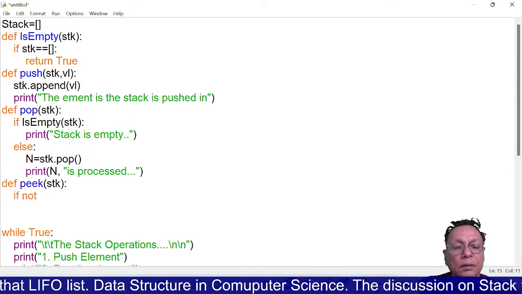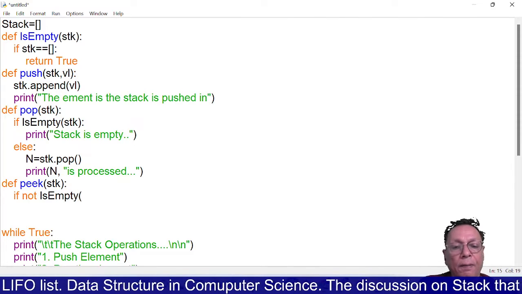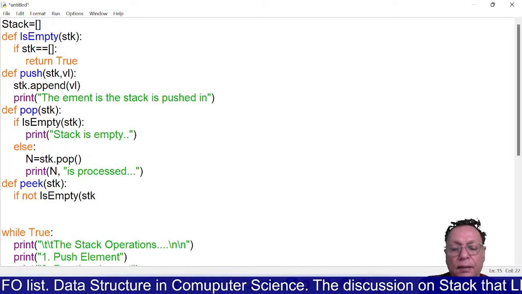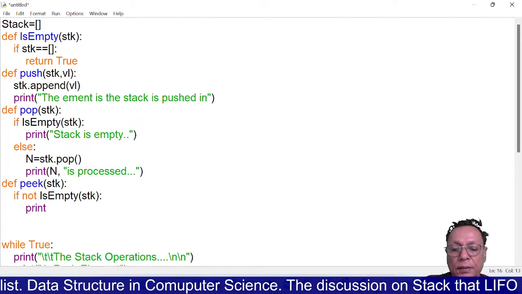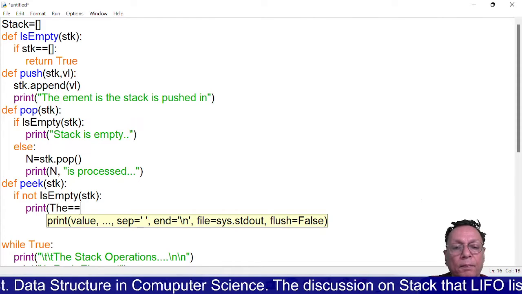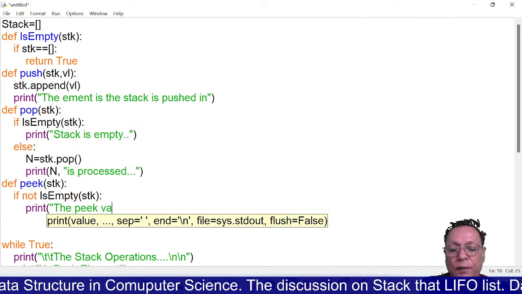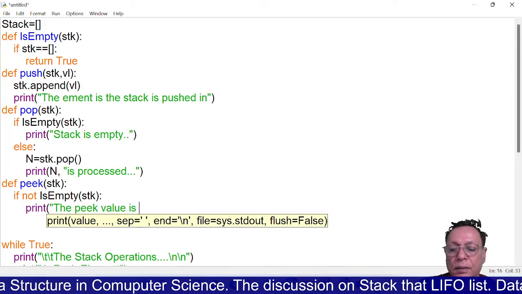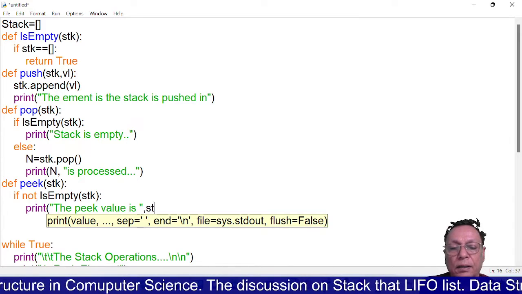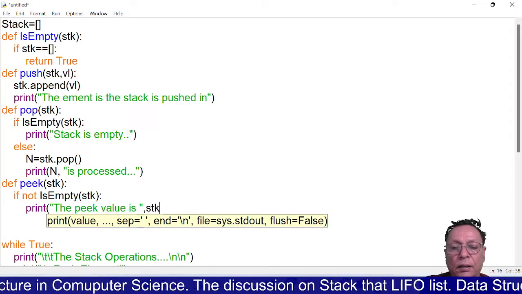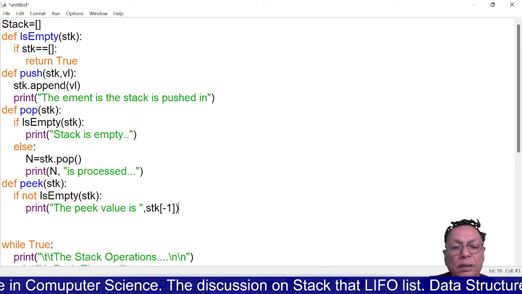If not is empty stack, print the peek value is stack -1. Why -1? There is a logic,